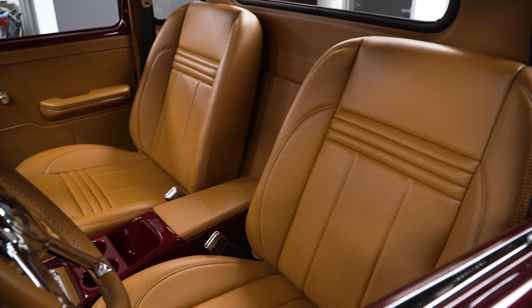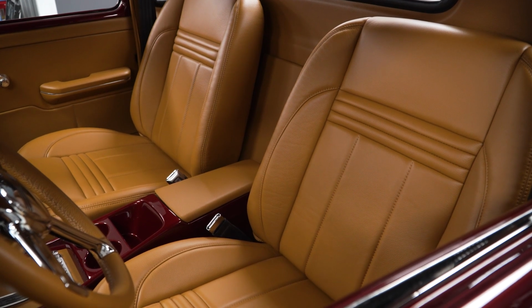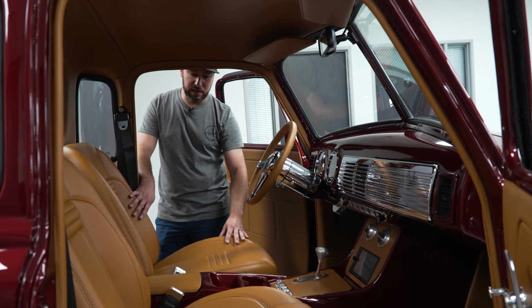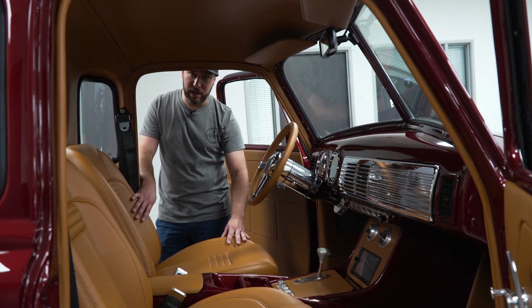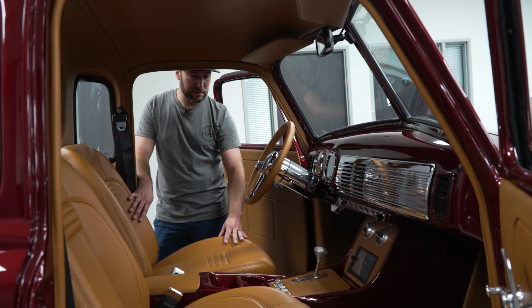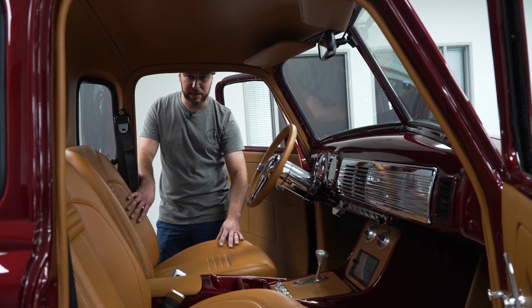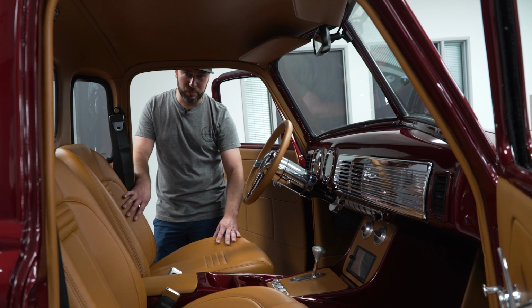It has a full leather headliner. This has the full back panel package that trims everything out. It's all leather wrapped also. This leather is a very premium quality. It's a Moore & Giles leather that holds up really well to the elements and people using it, but also has that really, really nice